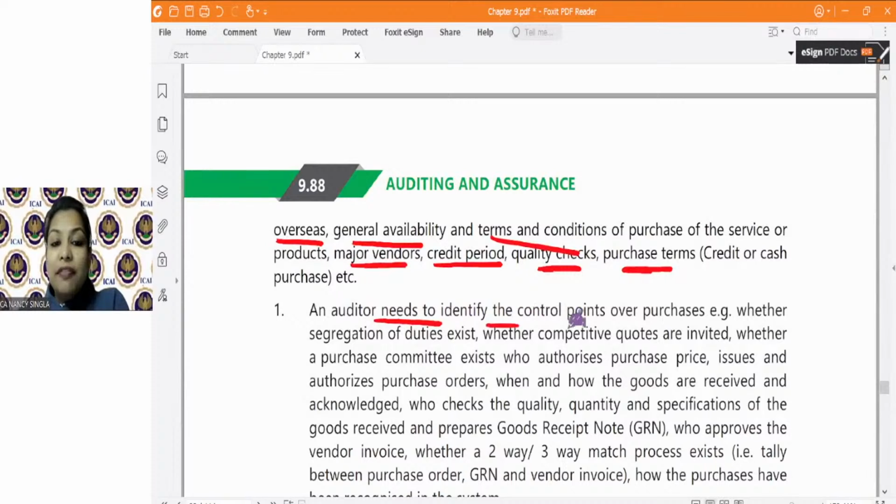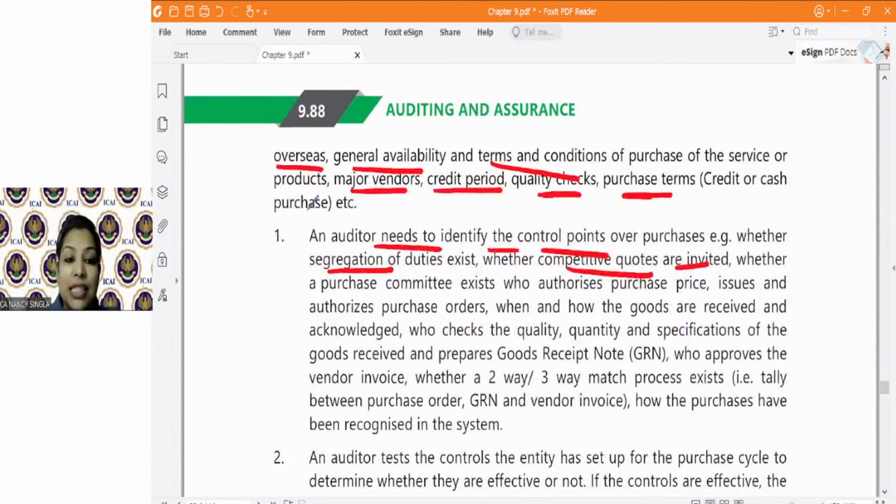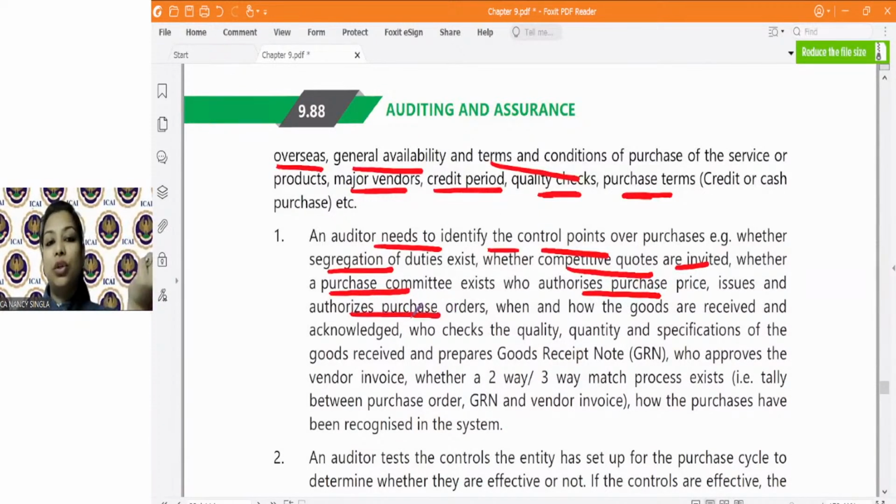Auditor needs to identify the control points, है ना। So whether segregation of duty है नहीं, competitive quotes are invited, है ना। अगर आप किसी से purchase कर रहे हो, ऐसा तो नहीं है सीधा related party से महंगे में खरीद रहे हो, competitive quotes, है ना। If you remember जब हमने PPE purchase किया था तब भी तो हम competitive quotations मंगाते थे ना, या जब PPE sale भी करते थे तब भी। Whether purchase committee is there, है ना, who authorizes the purchase price. ठीक है, कोई purchase committee भी है क्या। Then who authorizes the purchase orders,